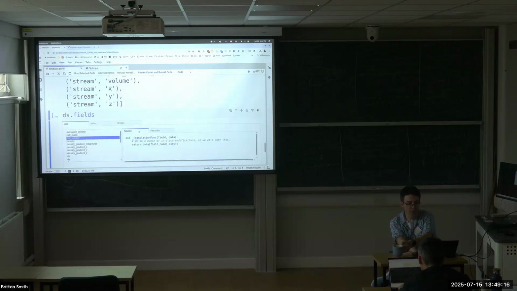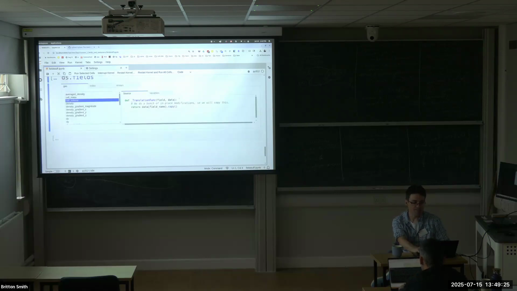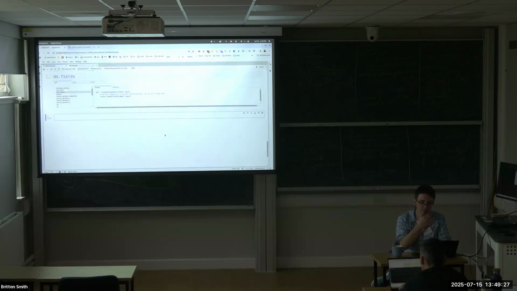So if we look at cell volume, for instance, here, data, field name, copy. Here, field name is index cell volume. And so it becomes slightly more useful in that sense. So this is interesting in the sense that